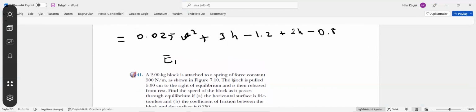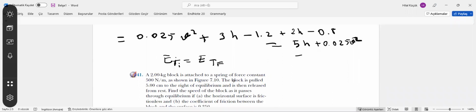Initial total, final total. Please do this part. Maybe I can write 5h plus that part, 0.025 v square. If I don't have a brain with me, I am sleepy. Look at that part. Plus, sorry, minus 2. Just you need to make